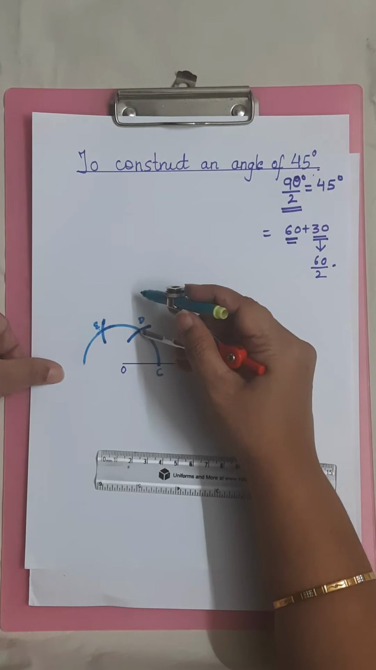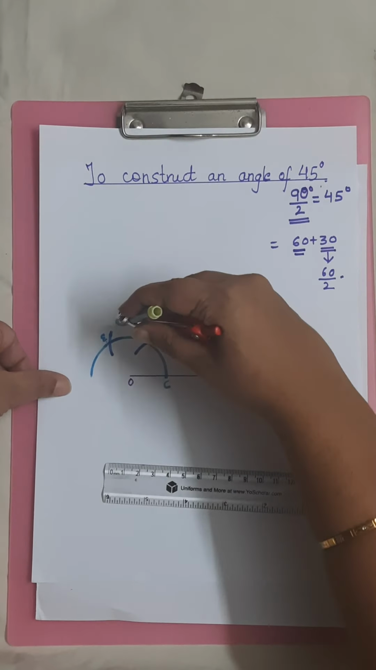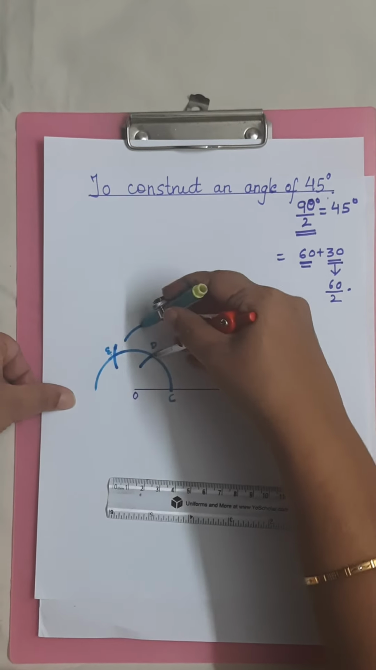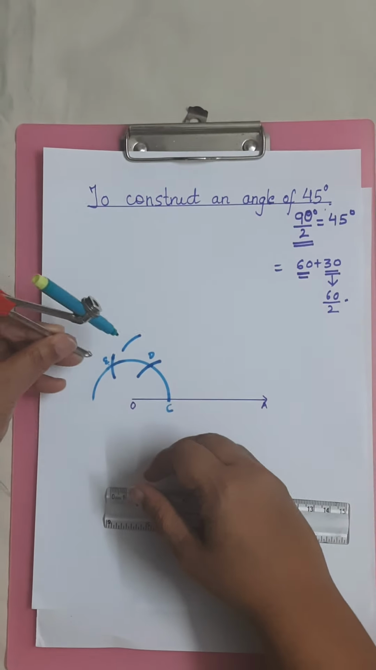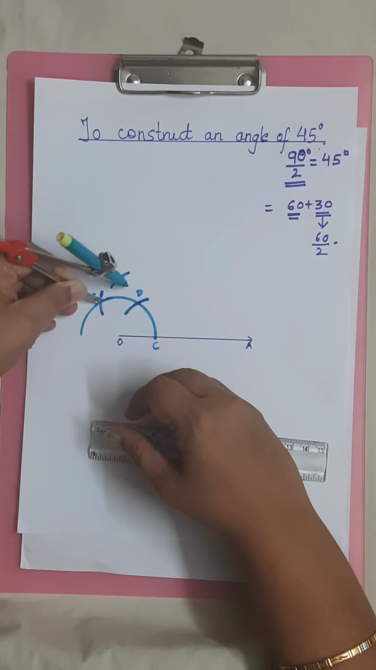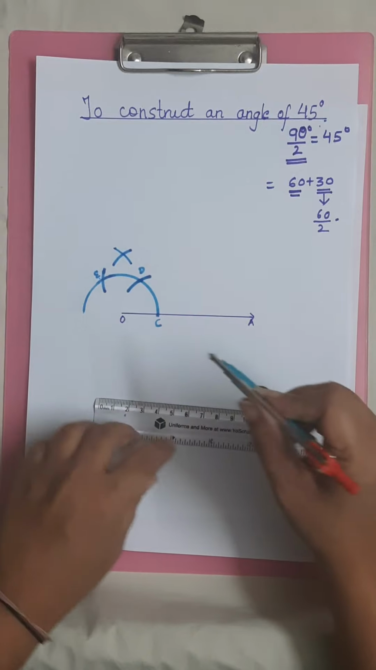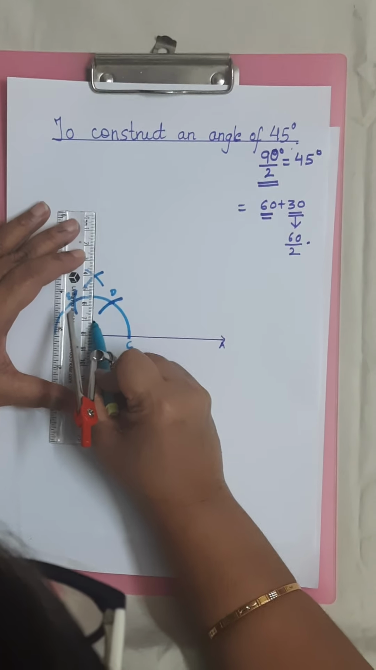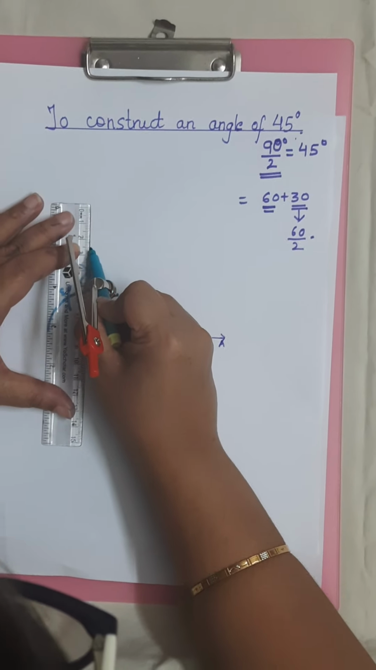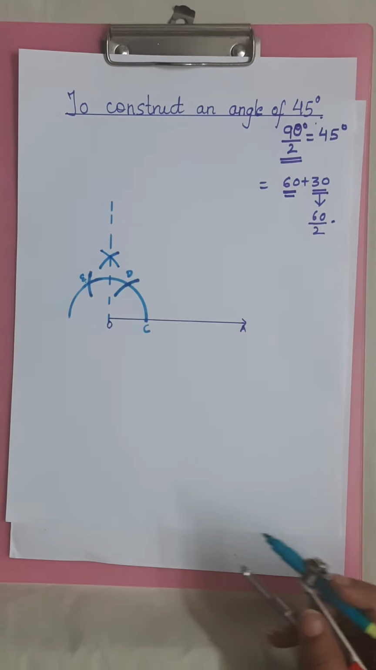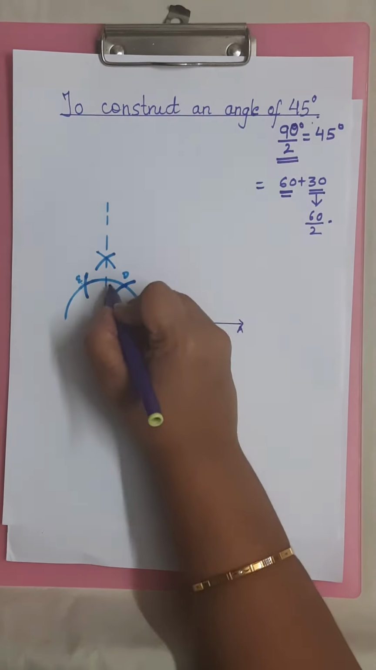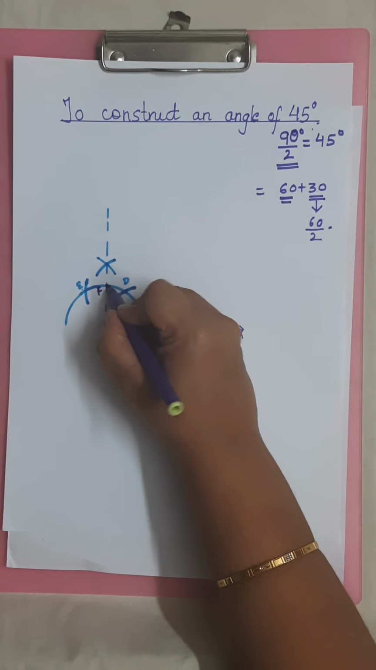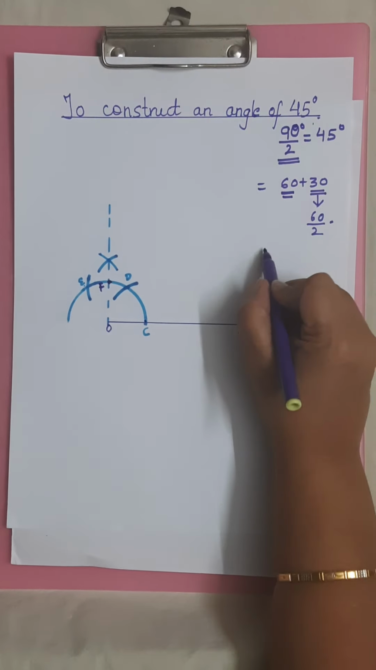So how will I bisect it? I will take little more than half, cut an arc from D with the same radius, cut an arc from E. Now what I will get is 90 degree. Yes, this is 90. Let me mark this again as F. So CF is the measure of